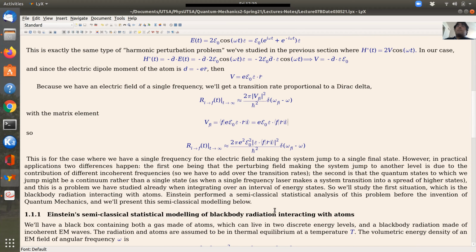One of them was studied before, which is what if the final state is not a single, discretely defined state, but some sort of continuum around an expected state, with some spread of energies around it, and we can transition basically to any element of energies in that interval. So that we saw before. I'm going to make use of that later. But first,